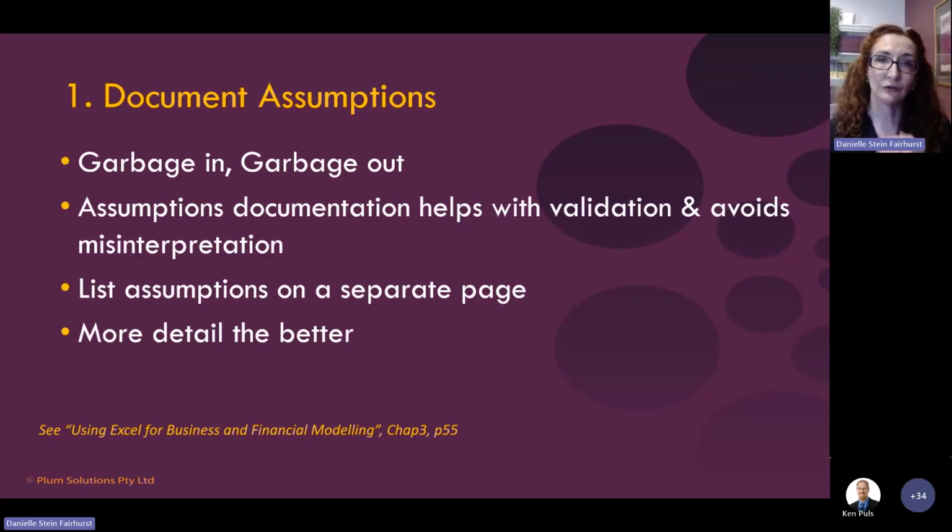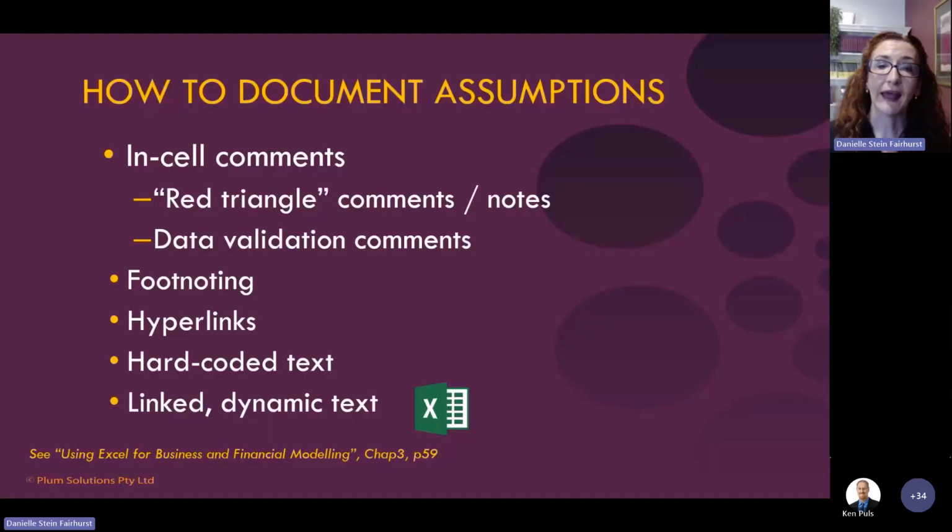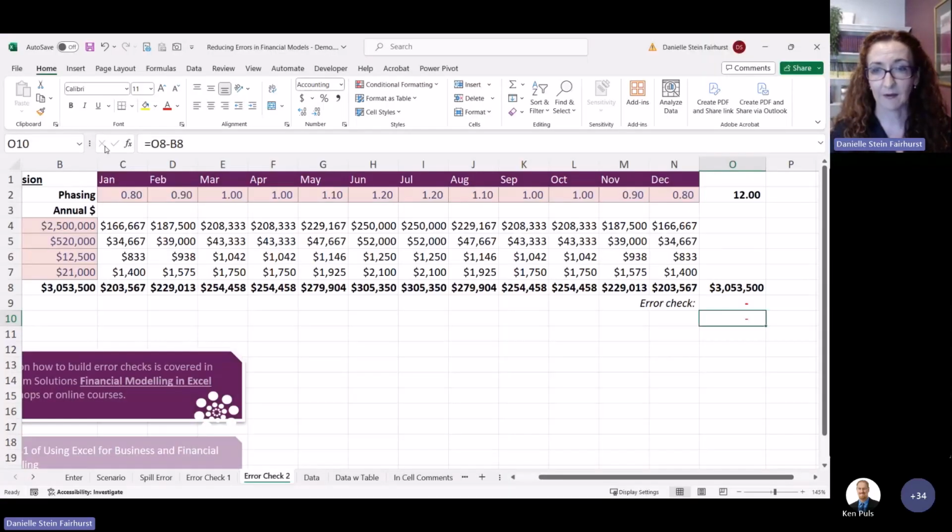Wherever you're thinking of putting in an error check, or you need to make it clear that this came from here, so you don't pick up the wrong thing, or to show what time period it was, or to put the source, document that as you go. A couple of tools for how to do that. I'll go through a couple of those now.